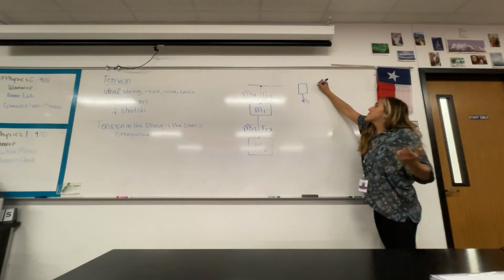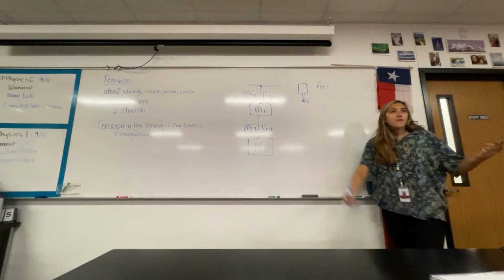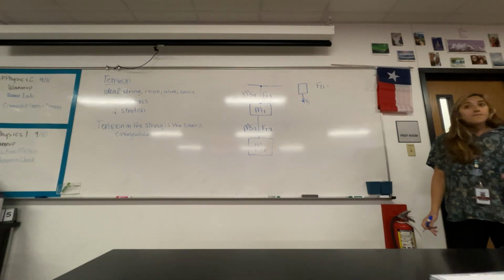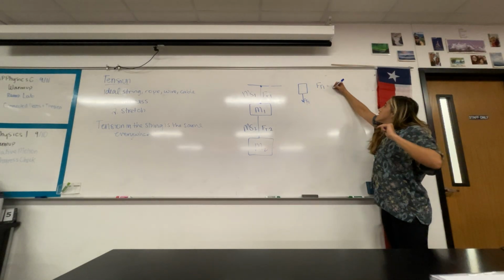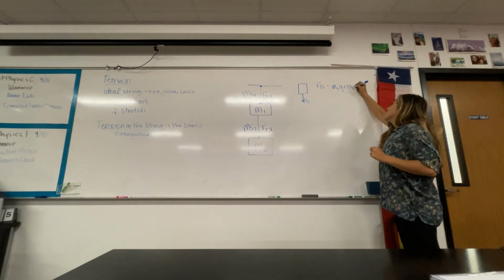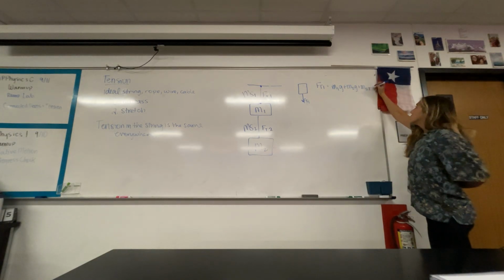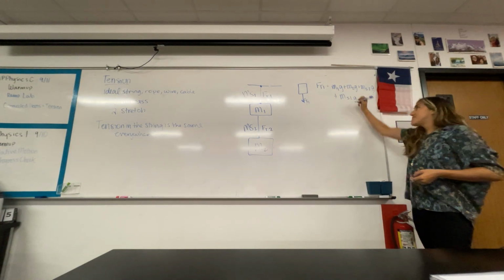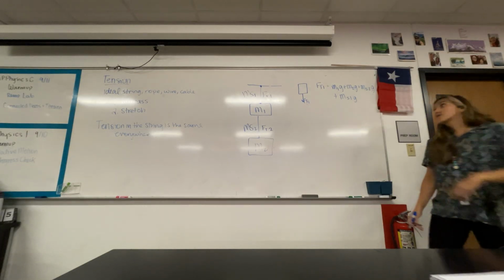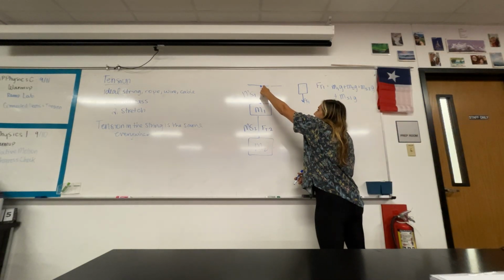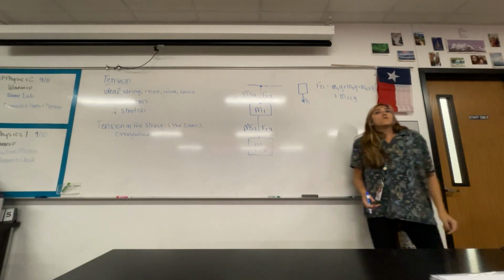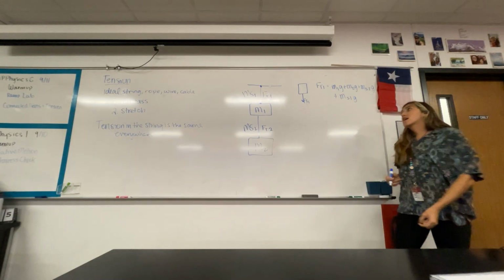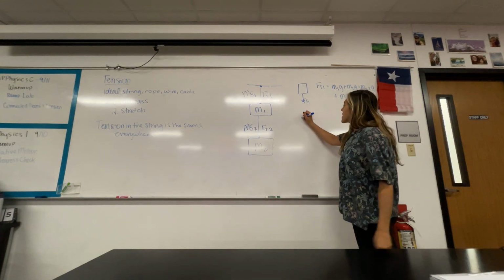FT1 would add up to what? You could draw all the free body diagrams if you needed to, but what all is on FT1 at the very top of this rope? What masses? M1G, M2G, MS2G for sure, and at the top of the string, MS1G. All of those things. If I talk about this point up here, if the strings are heavy, all of those are at the top of FT1. If I talk about the bottom, if I'm talking about drawing the